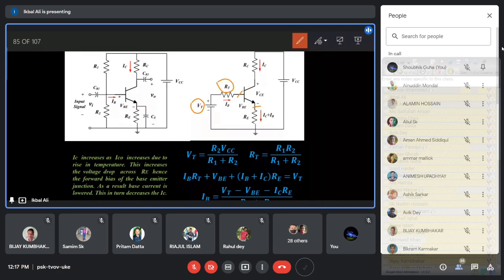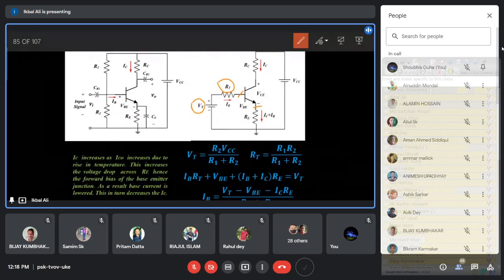For a silicon PN junction diode, unless you apply 0.7 volt externally, the internal depletion region or barrier potential of 0.7 volt will not be cancelled. So you have to apply an opposite 0.7 volt outside of the PN junction by the battery. That cancels the internal barrier potential. Then only the carriers can cross the junction, and the current sharply rises. That is the forward bias voltage. So the voltage across the base emitter is VBE, and that is 0.7 volt.